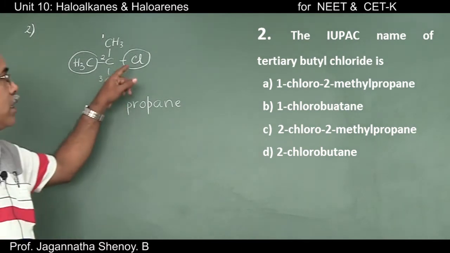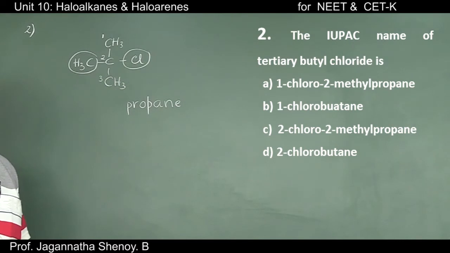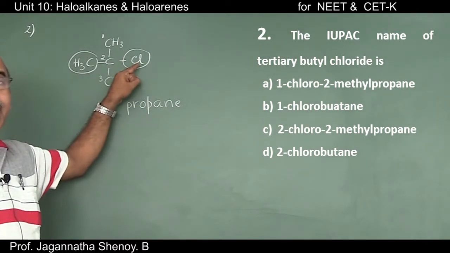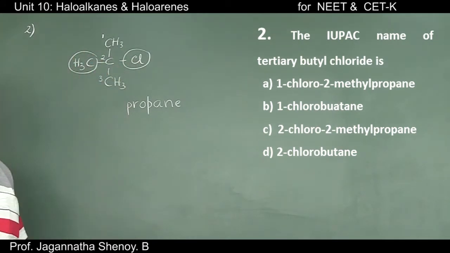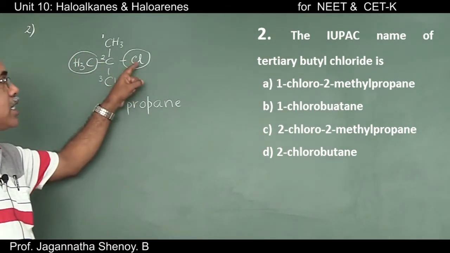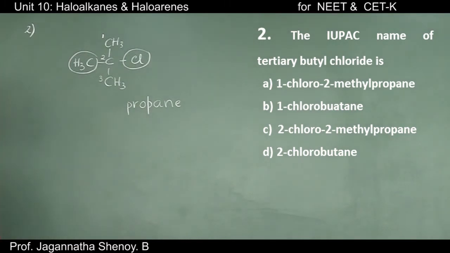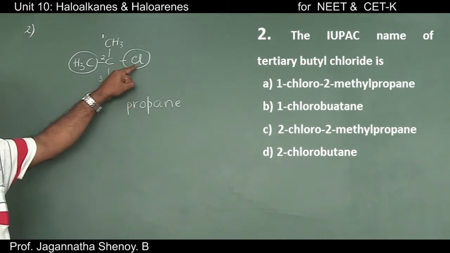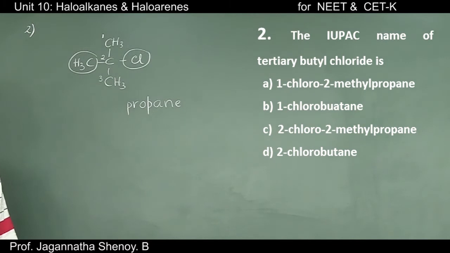You know that the chloro group will never appear as a principal functional group. That's why there is no secondary suffix for chloro group. It should always be treated as a substituent. That is why Cl will also come as a prefix. So you will have 2 prefixes in this case. One is for chloro group, the other one is for methyl group.